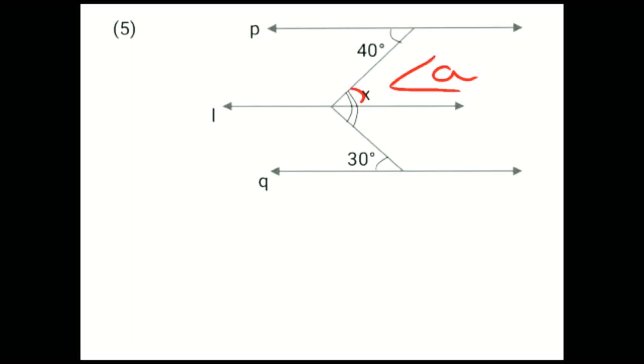Okay, and secondly you have to take line L is parallel to line Q. In line L and line Q parallel lines, which angle is given? 30 degree angle. So other half of the angle X you have to find. Other half of angle X in this side, in line L and line Q parallel side, you can take it as angle B. Okay, and after finding these 2 angles, then angle X you have to take in addition form, angle A plus angle B.